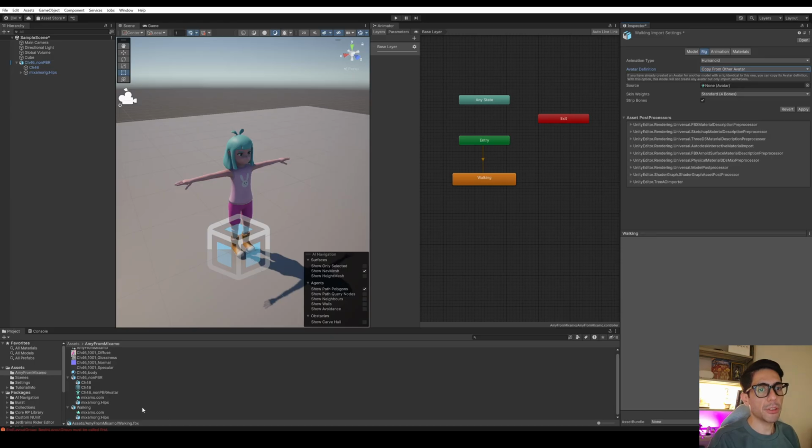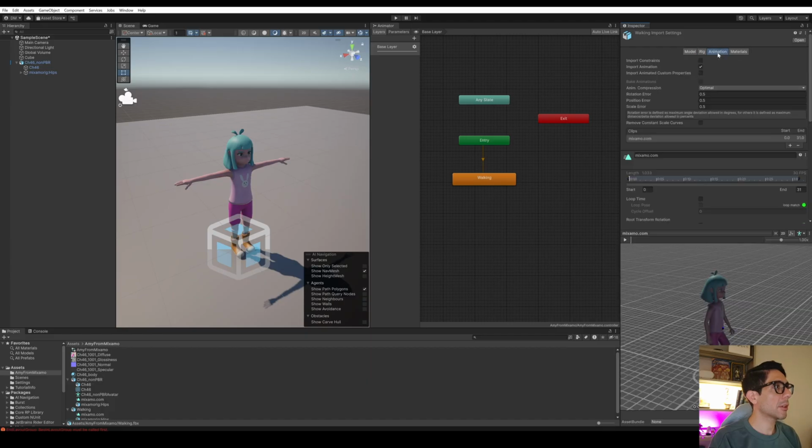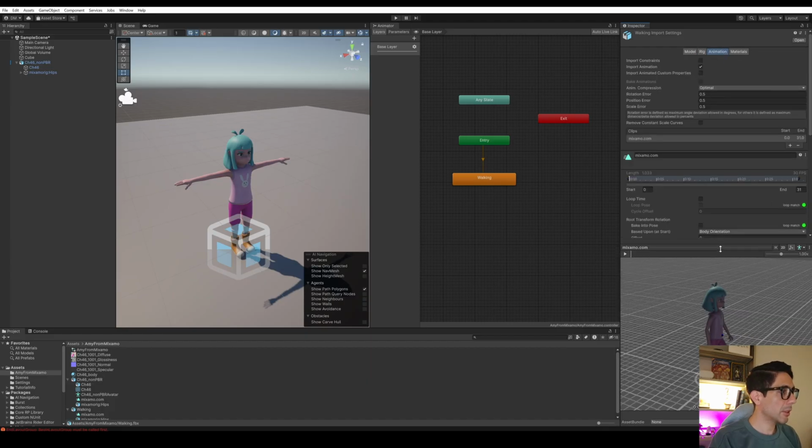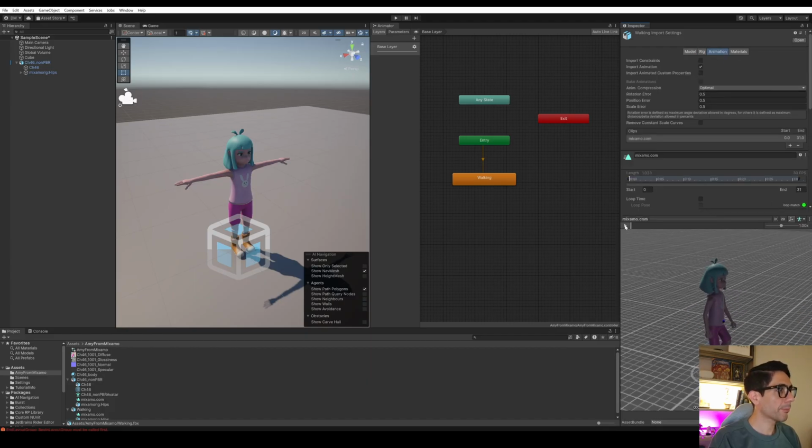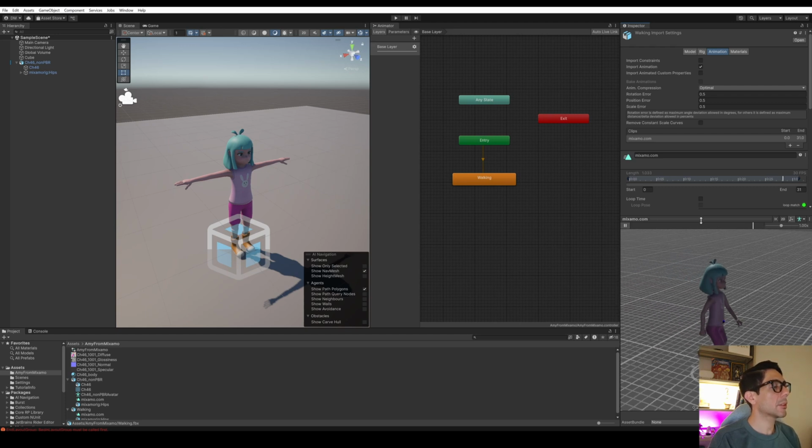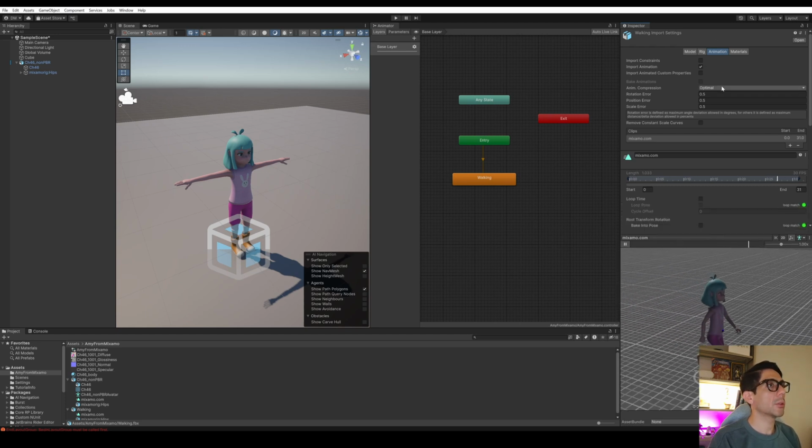So we have to show which avatar will be the main avatar for this animation. Then the animation will scale and adapt to the bones of this avatar. That is very important, and then we have to apply those changes. So now you will see it should be here. We're seeing in the inspector right now how it should look like. Okay,